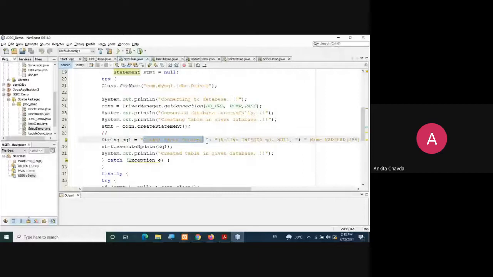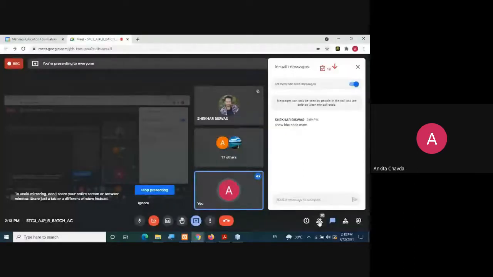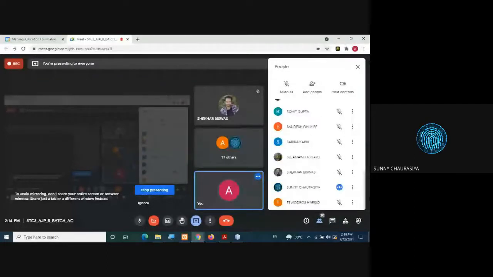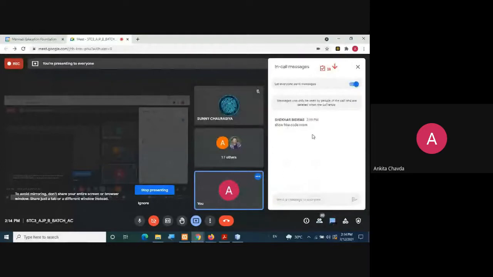This is what you have already done in your previous lab. After the catch, the finally and all that is not so important. Instead of this create query, now you will have an insert query. That is the only change. Otherwise, everything will remain the same. Say at least yes or no, because many of you are not responding in the chat. Please try to implement this.